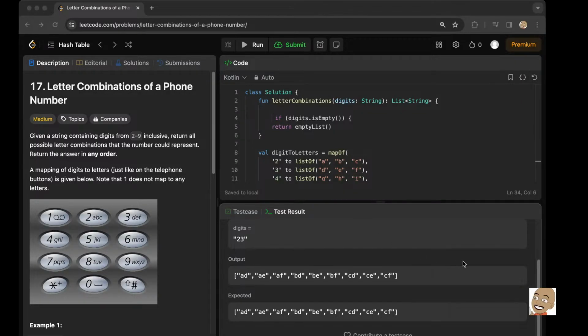Hello, YouTube. This is J Coder back with another stream, and today we're going to be going over a coding challenge on LeetCode. It's called the letter combinations of a phone number, and we're going to be working on this